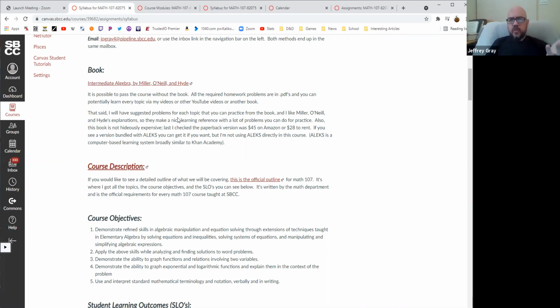Because, as we'll see in a second, the way I'm grading the course, the way to see if you pass is by learning topics, not doing specific homework problems, but mastering specific topics. That said, the book's pretty good. It's an algebra book. You guys have probably seen those before.